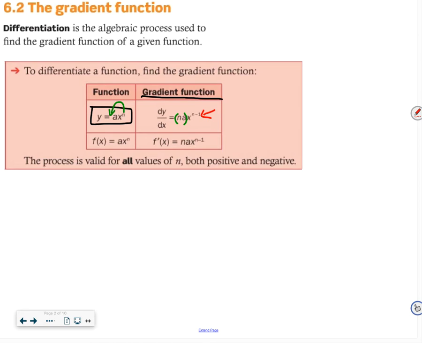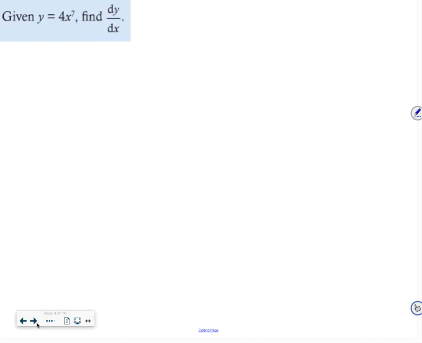Okay? So the same thing, notice this is just a notational difference here. If we call this a function f of x, then the gradient function is f prime of x, with that apostrophe there. This is valid for all values of n, including negative values. So let's look at an example here. If I want to find my gradient